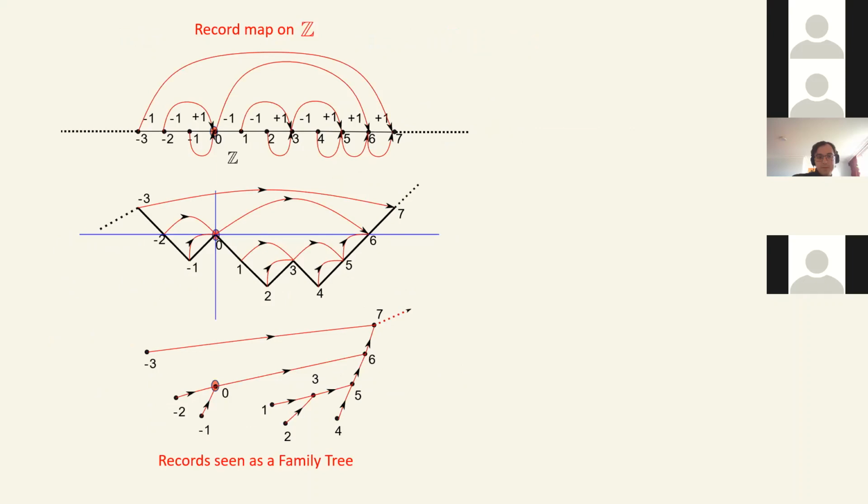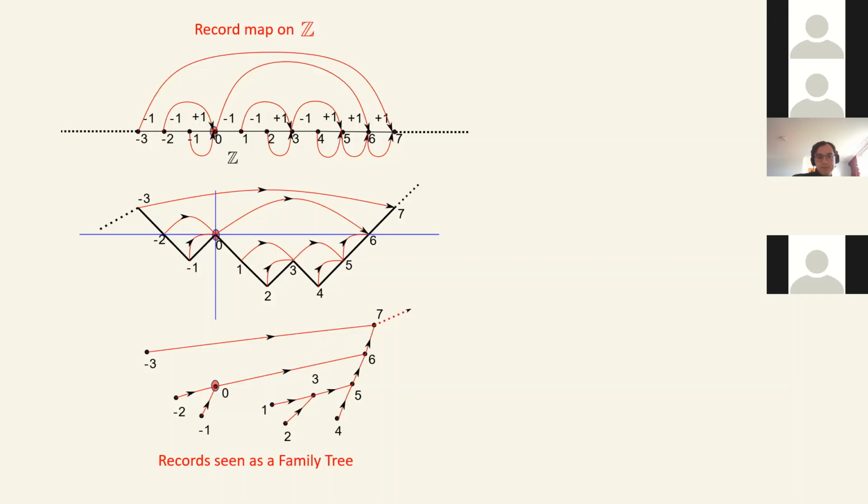Here I show one example. This is one realization, and the increments are -1, +1. And you see 1 is mapped to 3, because if you're starting from 1, you sum the increments, and the first time you get 0 is at 3. Similarly, the same for 0. 0 is mapped to 6 because that is the first time the sums reach 0.